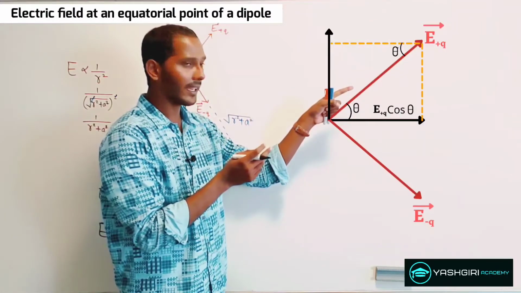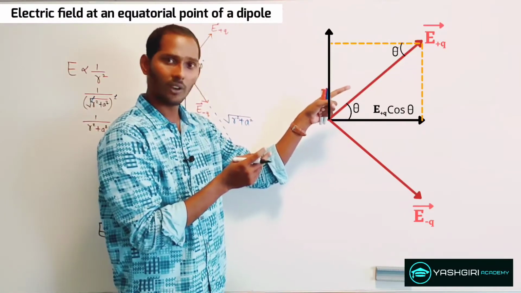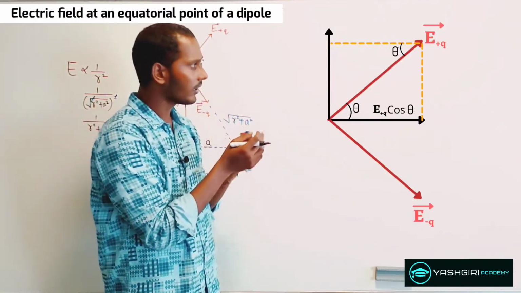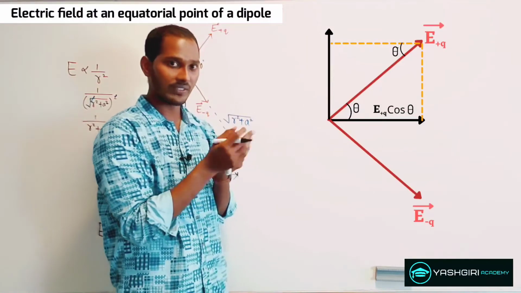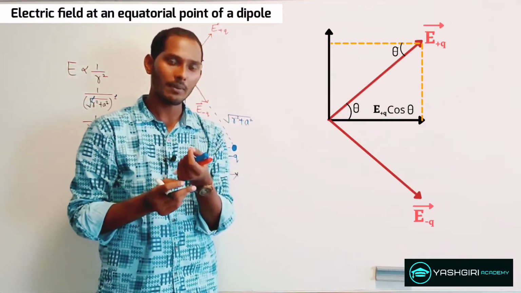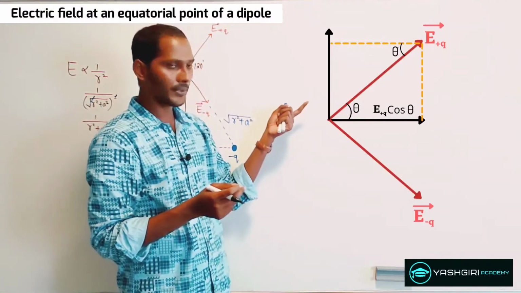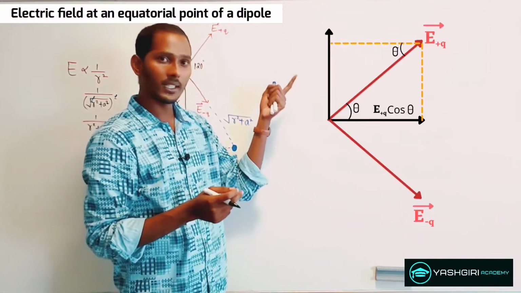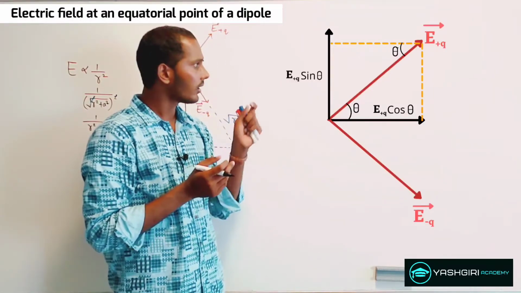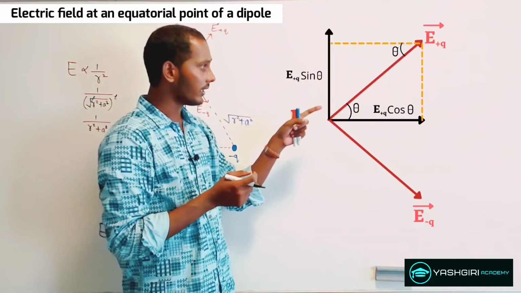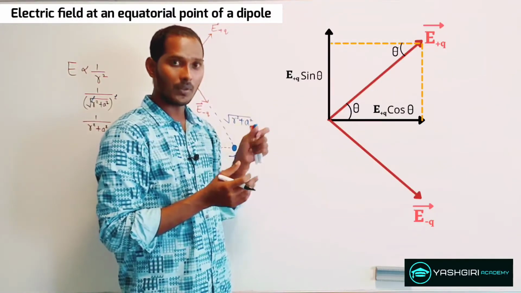So the opposite angle I'm getting, and from that opposite angle, I'm interested in the opposite phase of that. So here I can make use of sine theta, and sine theta is nothing but opposite upon the hypotenuse. So this is the side opposite. So I can just write the vertical component to be E into cos theta. So that's how I can resolve the vector E due to the positive charge.